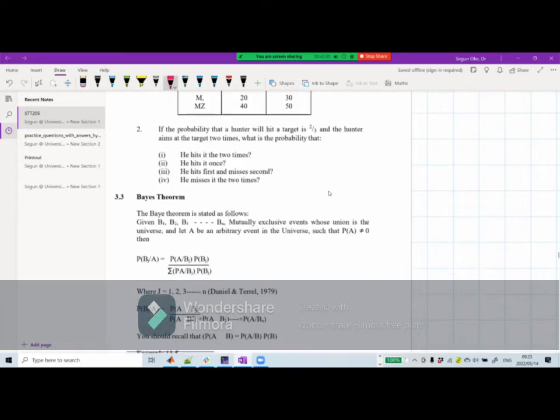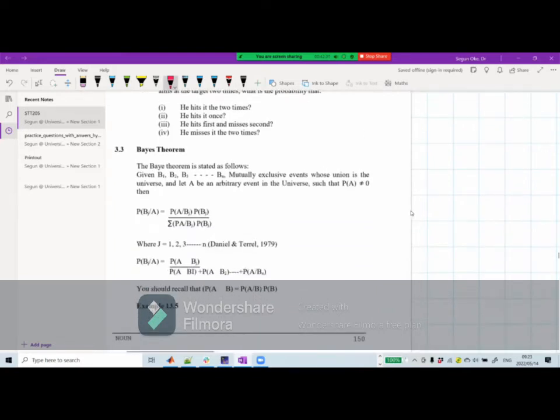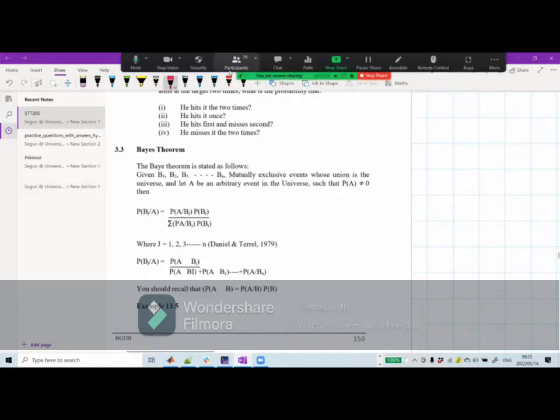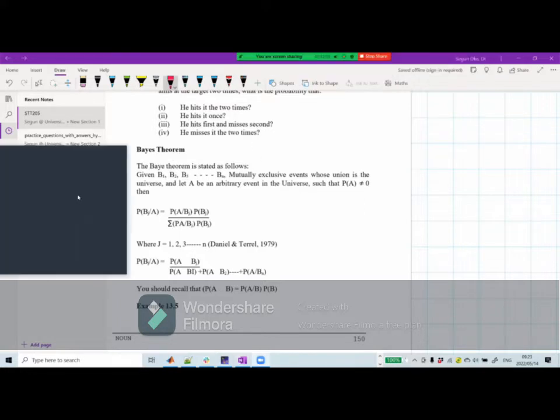The Bayes' theorem is stated as follows: given B1, B2, B3 to Bn, mutually exclusive events whose union is the universe, and let A be an arbitrary event in the universe,